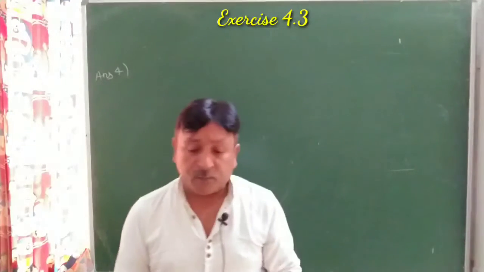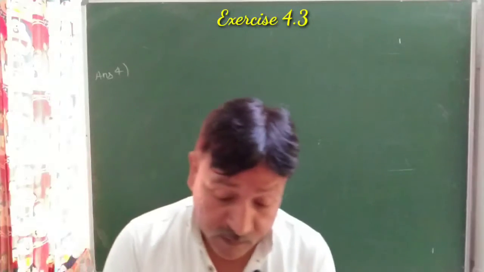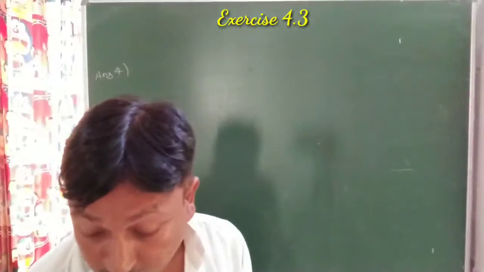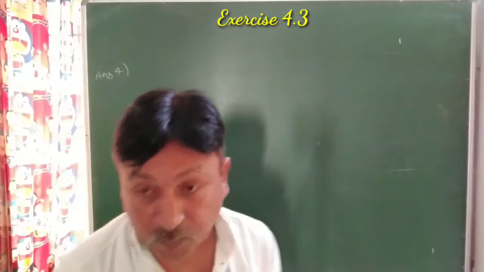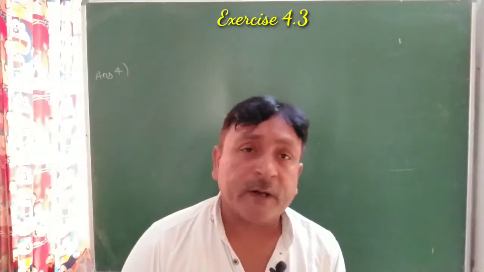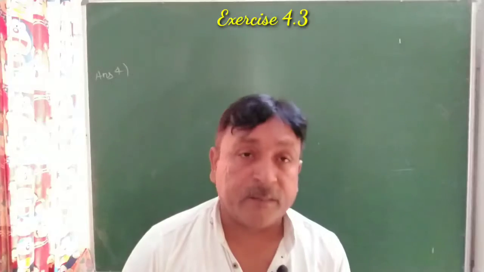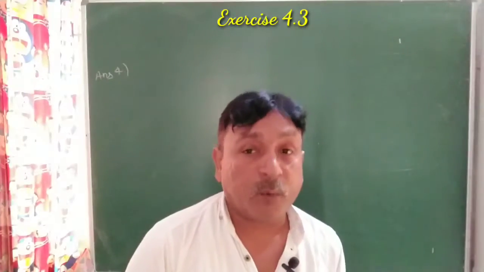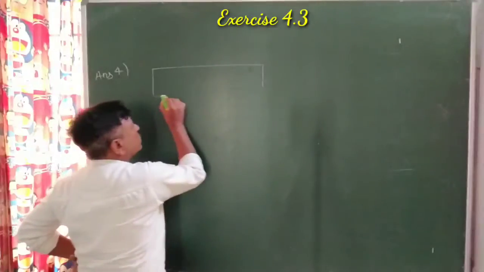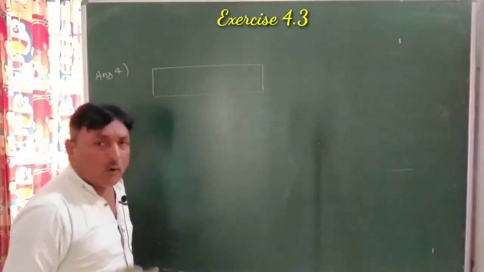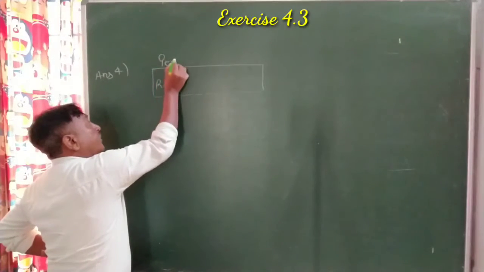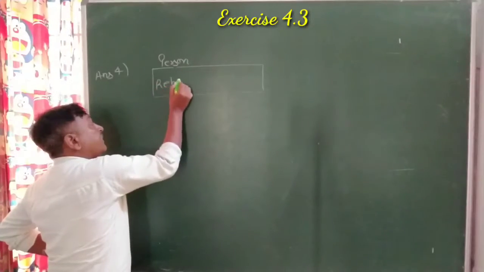So see it in a very proper way. Just read question number 4. Question number 4 is saying: the sum of the reciprocals of Rahman's ages 3 years ago and 5 years from now is 1/3. Find his present age. I had already told you that whenever questions come related to ages, you have to make one box. First of all we have to make one box. How many persons are here? Only one person, Rahman. So the first box is for the person, Rahman.